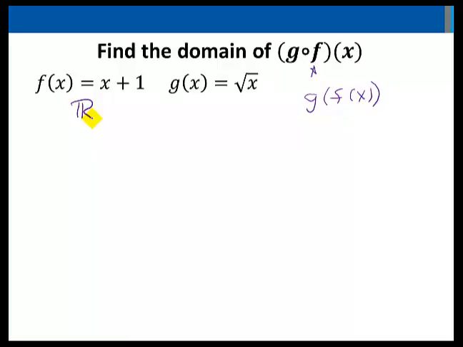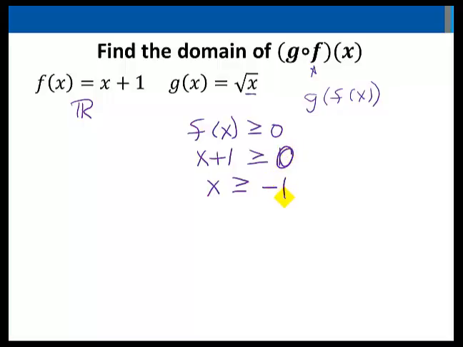Then I want to make sure that f of x is in the domain of g. So what do I need to be in the domain of g here? I need for f of x to be greater than or equal to 0. That means x plus 1 needs to be greater than or equal to 0, or that x needs to be greater than or equal to